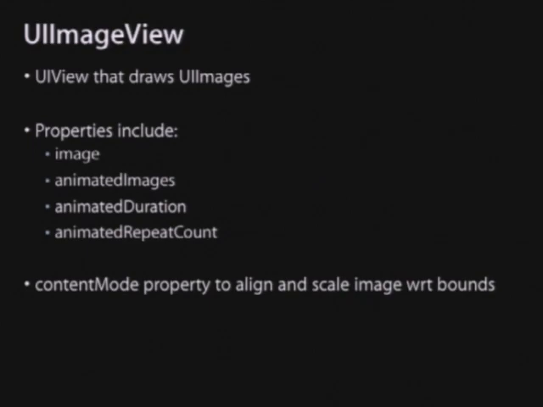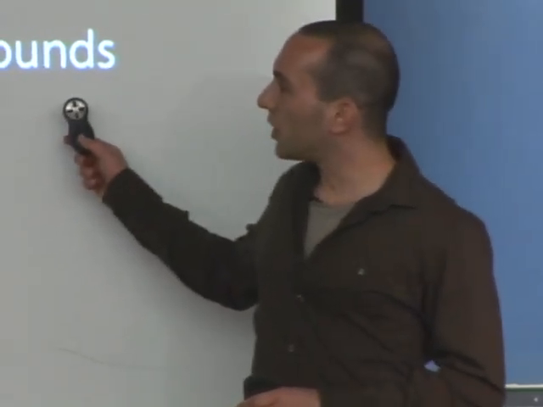And then there's another property here that I wanted to point out, which is content mode, which is actually on the UIView. But content mode will tell the UIImageView how to draw its content. So the examples here are, you can say center, so UIContentModeCenter. You could say scale. You could say scale to fill. There are a few different ones here. Align top, stuff like that. So this will help you align and scale your images inside of a UIImageView.